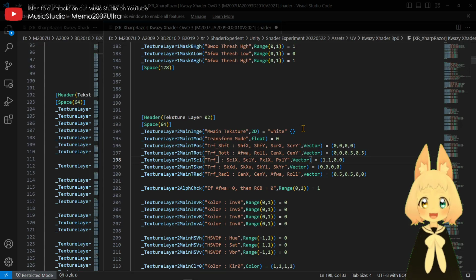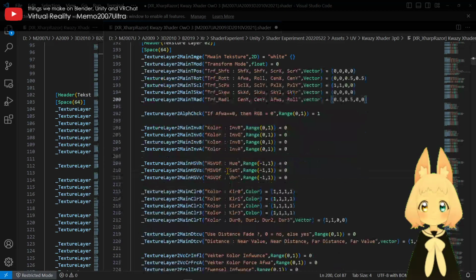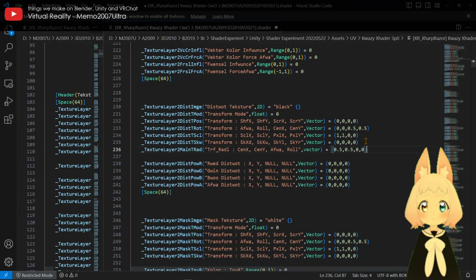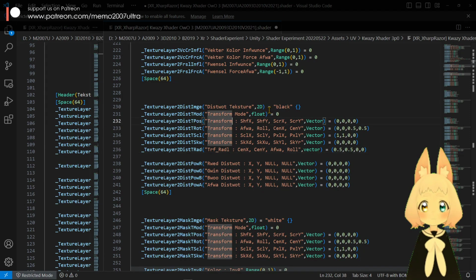And then scale and pixelization. And then skew, and yeah, we have this. Next thing, instead of main, it's this. And then